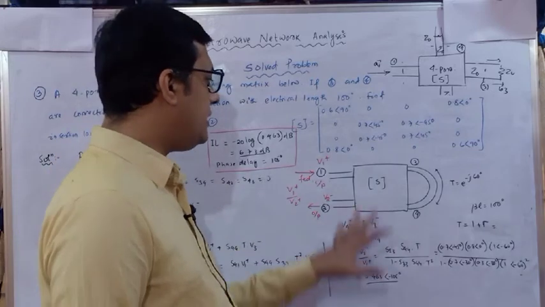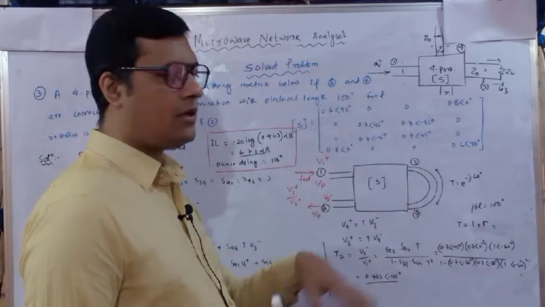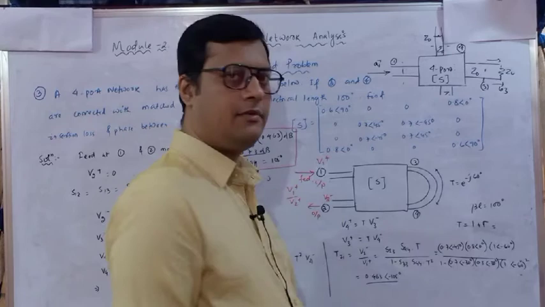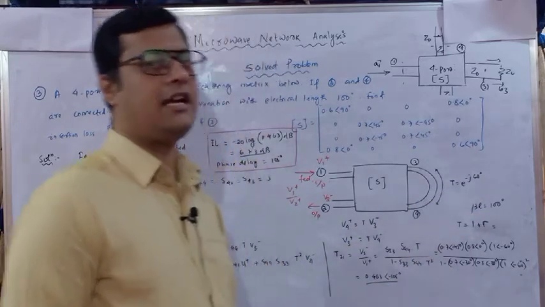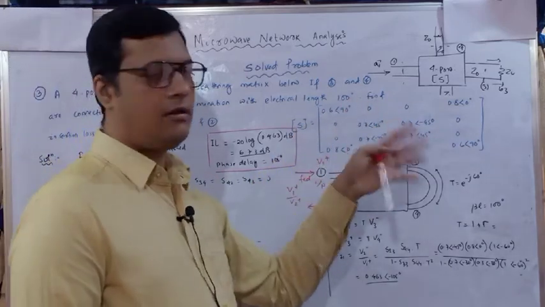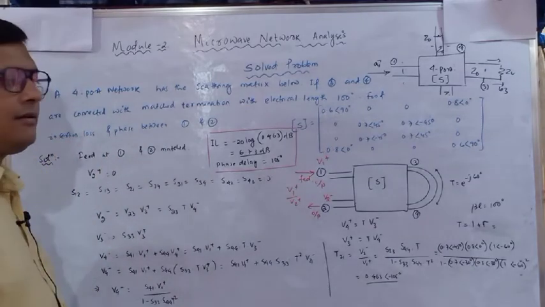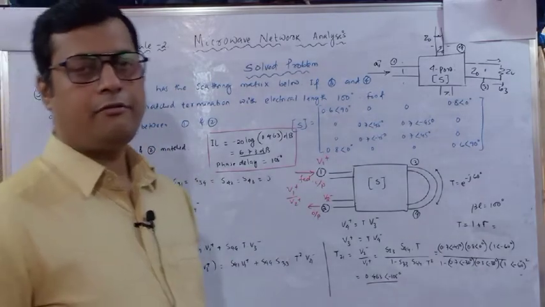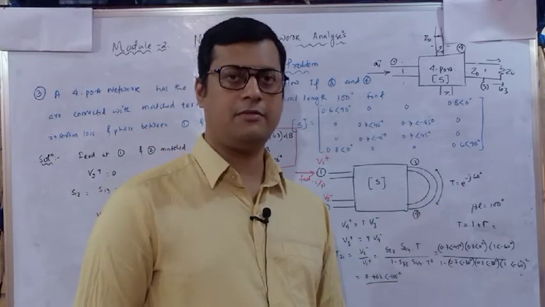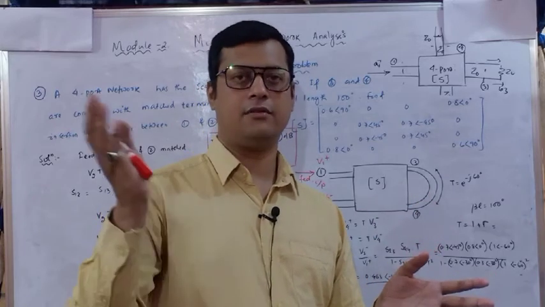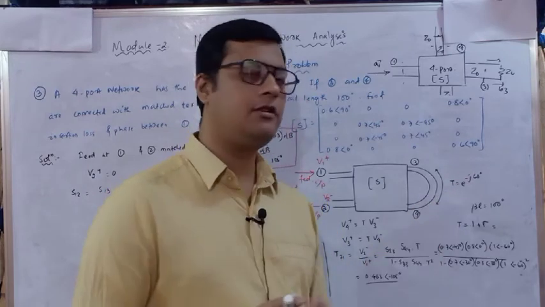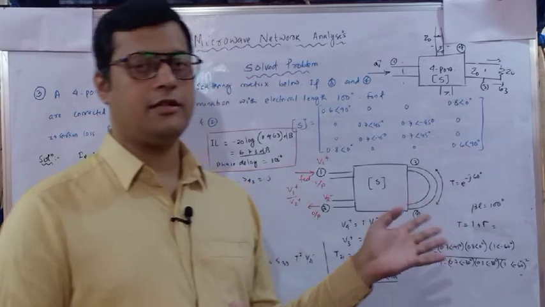As per the figure, ports 3 and 4 are perfectly match terminated, but the transmission coefficient between them is given as e to the power minus j60. Now, how to proceed? The S parameters S11, S12 and so on are given, and we have to identify the insertion loss and the phase delay. The big hint is the transmission coefficient. Transmission coefficient means the wave incident at one port with respect to the wave at the other port, and it is given as e to the power minus j60. According to that we have to proceed.